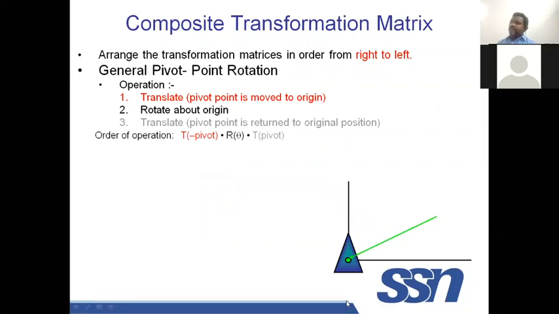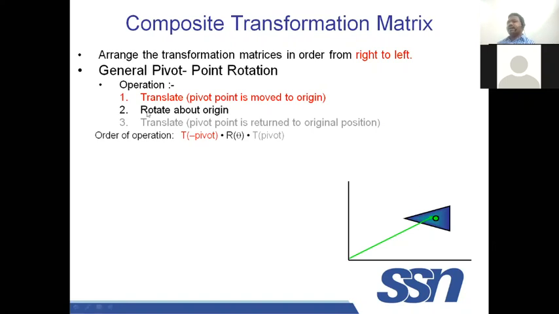Now once it is shifted to the origin, the matrix is known to me. Rotation matrix is known to me. Cos theta minus sin theta 0, sin theta cos theta 0, is the rotation in the xy plane with respect to the origin. That mathematics or matrix is known to me. Once the rotation is done, I can take the object to its original position. So this is the order.